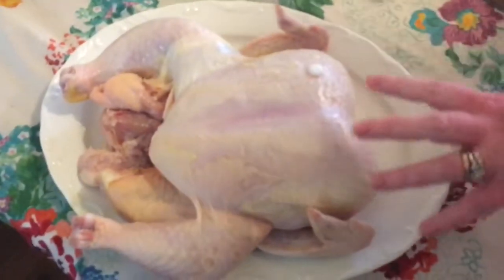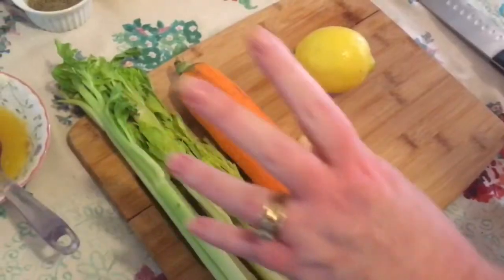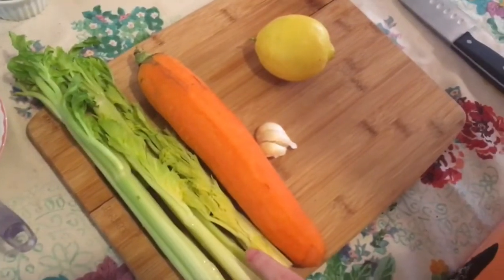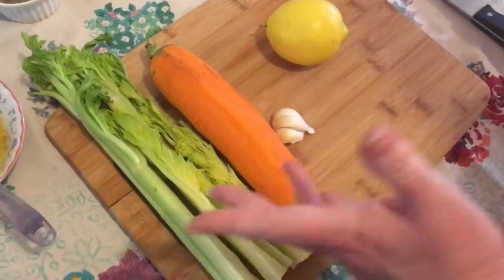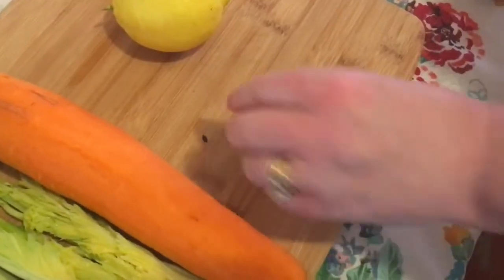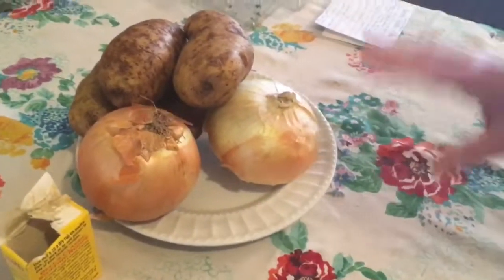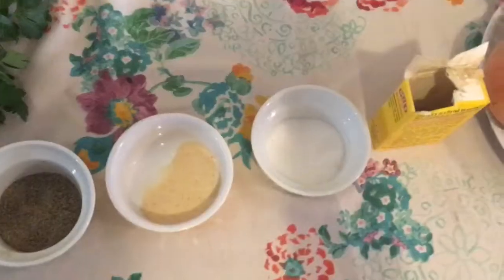Here's the list of ingredients. Right here we have a dry-aged 6.5 pound chicken. For our vegetables, we have a few stalks of celery, one huge carrot, which is probably the accumulation of maybe 3 carrots, medium size. Yeah, 3 cloves of garlic, 1 lemon, 2 large onions, 4 big potatoes, and for the